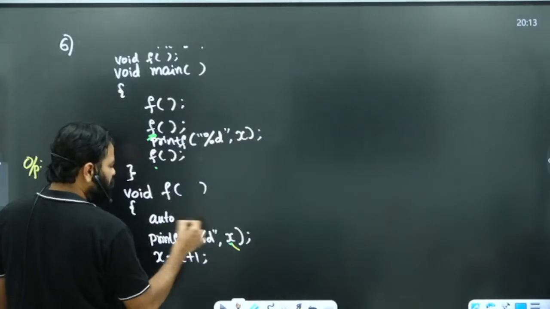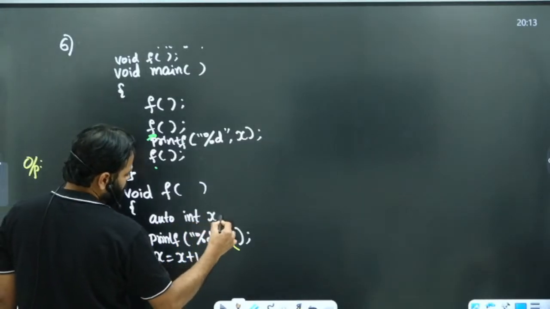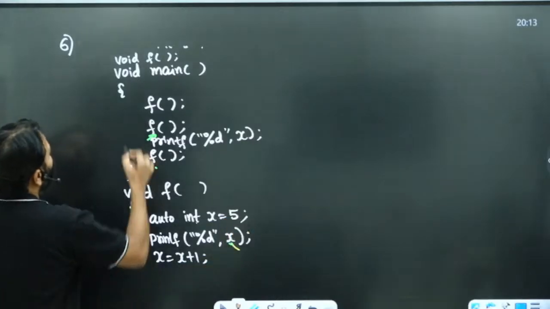The auto word you can use or simply int. Just write int.